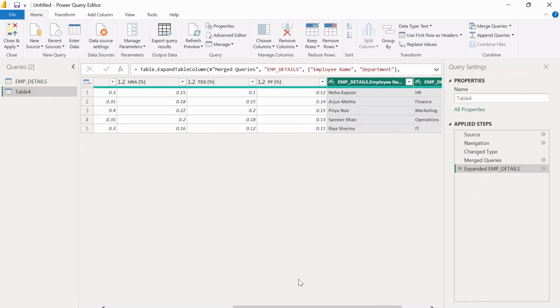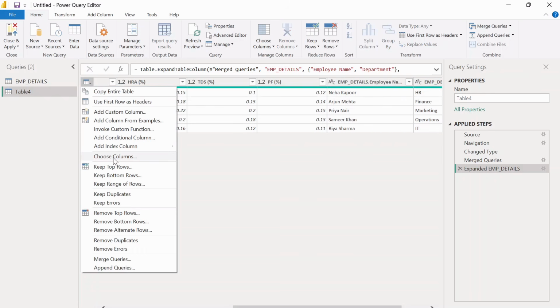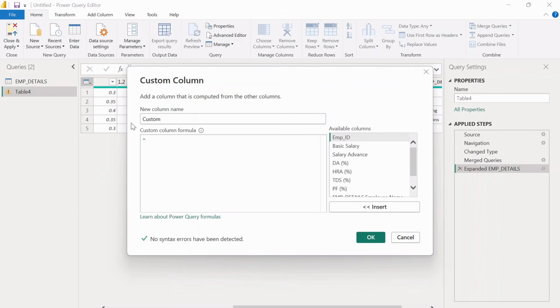Okay, so now after merging this table, we have to find out the gross salary, total deduction, and net salary in question number 2, right? For this, we need to first find out the overall gross salaries. So we will go to this icon, as you can see the cursor, this one. Just click there and select Add Custom Column. Just select this and this interface will appear. Now find all the required